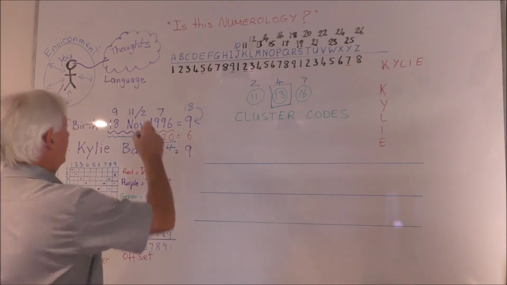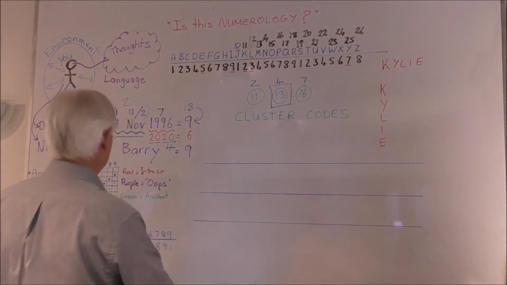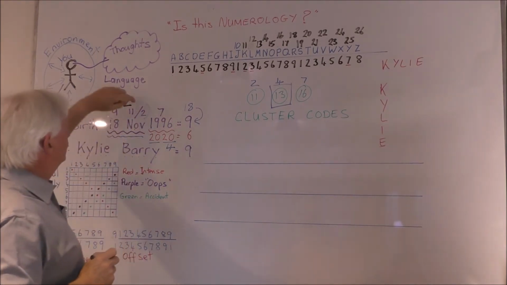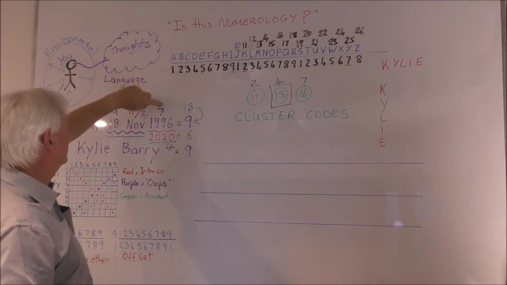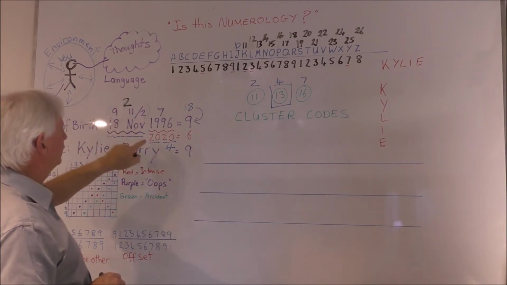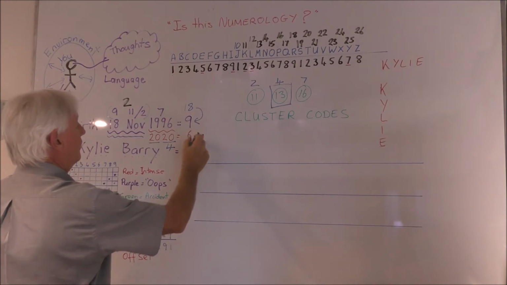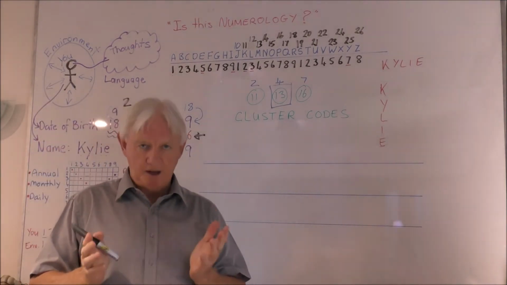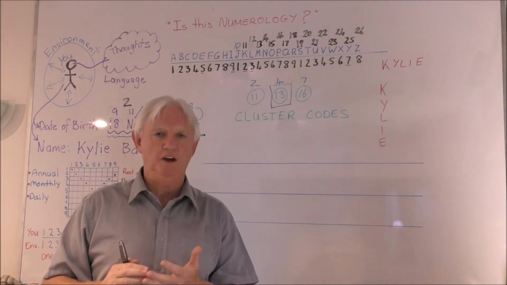So this birthday here is always going to equal the number 2. I'll make that a bit darker. So if the number 2 is always with this birth date, not so much the year because that's gone, 18th of November 2020 is 2 plus 2 plus 2, which is 6 there. So that is what this Kylie person will be in a particular period of time, which has a 6 valuation.